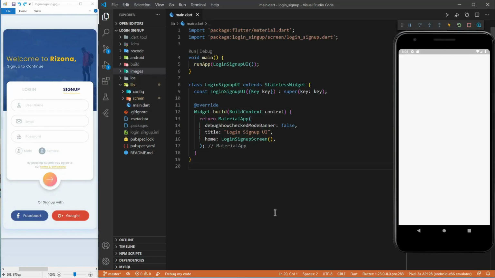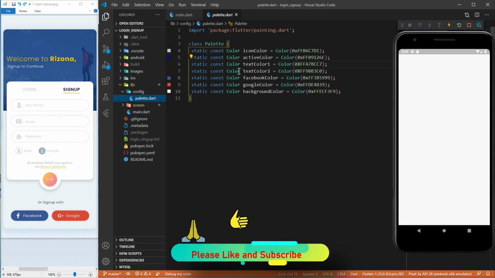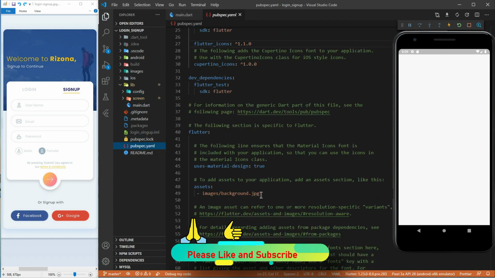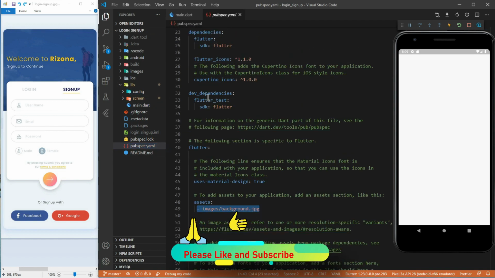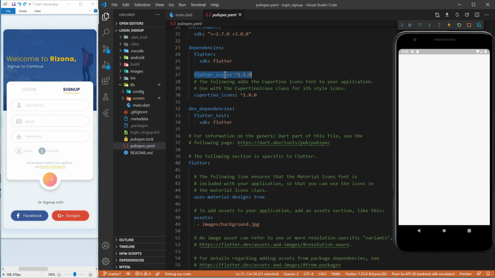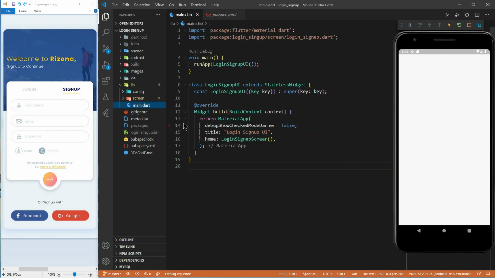I have already created a starter project to spare some time in me typing everything out. So here we have an image folder for this background image, a config folder where I've created a palette class with a couple of static variables for the colors that we'll be using in the app. I have also configured the pubspec.yaml for the image and added this Flutter icons package that gives us access to more than 1000 icons. Inside of the main.dart file is just a material app widget that calls our login signup